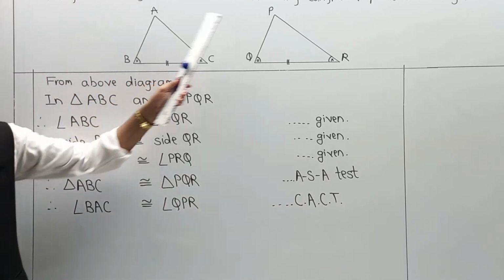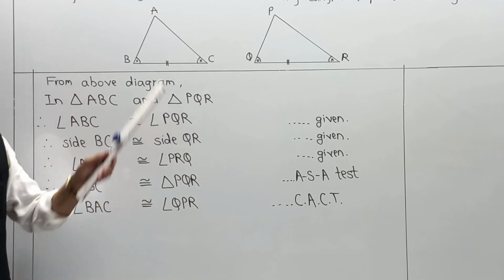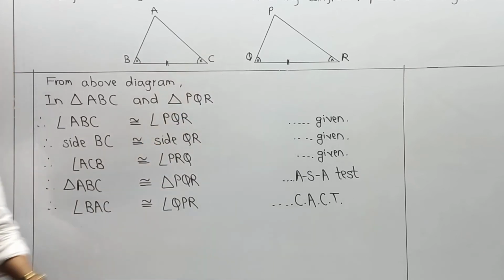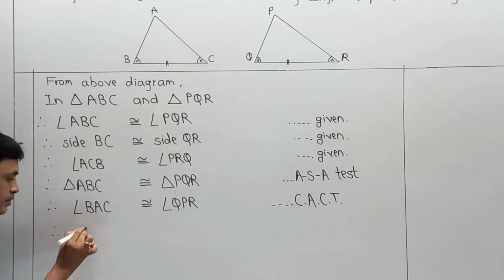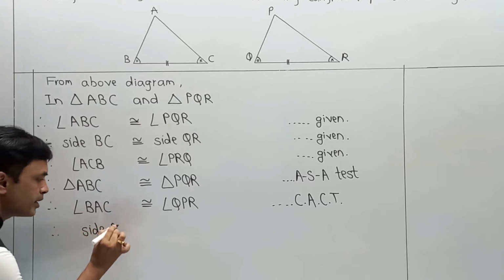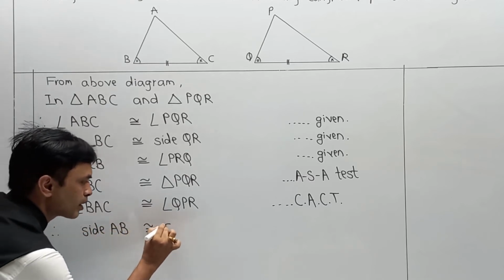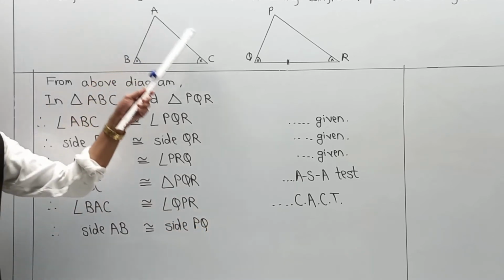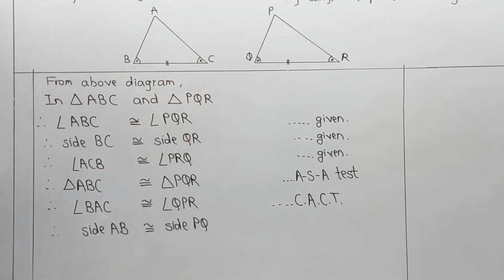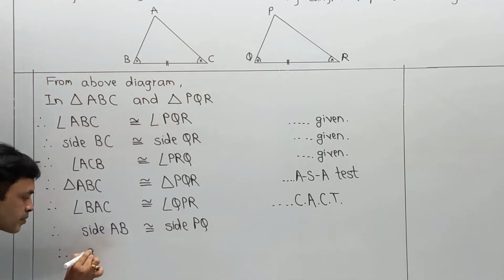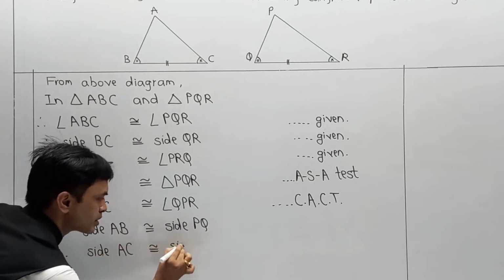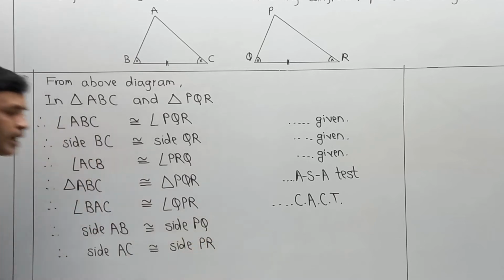Next, as angle A and angle P are declared over here, now I am going to write the remaining sides, meaning side AB congruent to side PQ. Therefore, side AB is congruent to side PQ, and next part, side AC congruent to side PR. Therefore, side AC is congruent to side PR, and for that part this is nothing but a pair of sides of